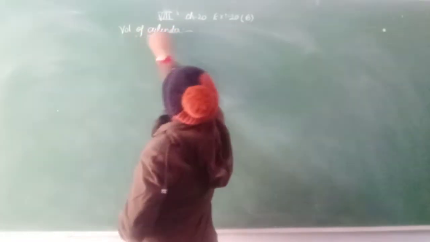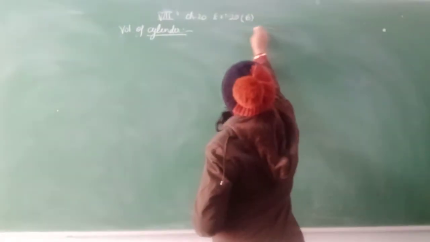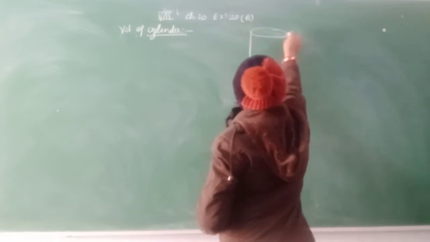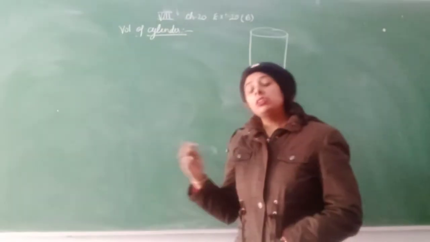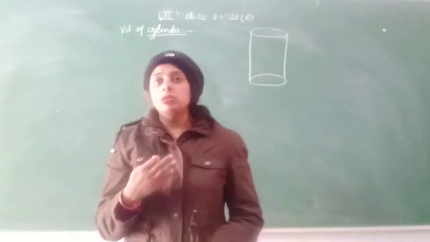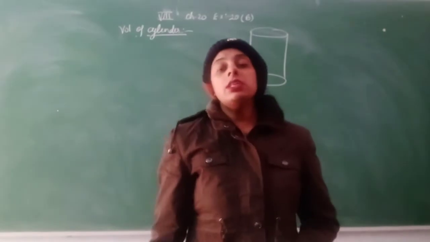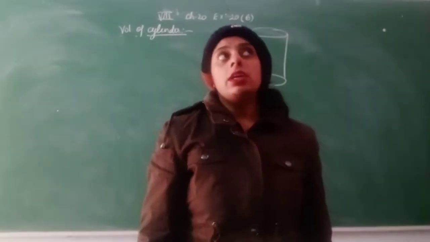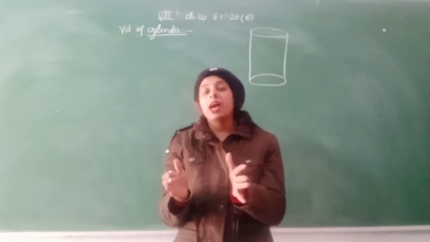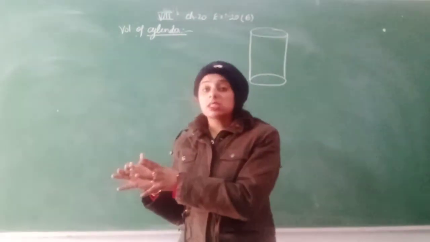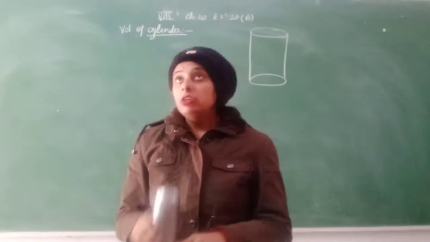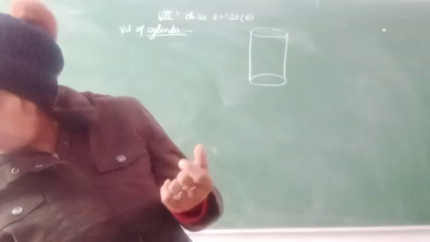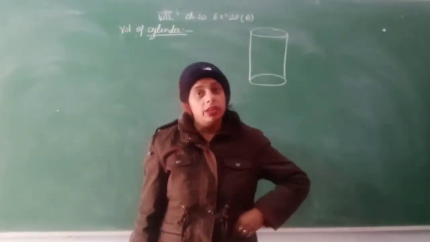What is the shape of a cylinder? I will firstly show you. This is the shape of the cylinder. Clear? In general life you have a lot of examples related to the cylinder. Your cylindrical glass is there, your bucket is there. I'll show you one more thing here. This bottle is just like a cylindrical shape. The pipes lying in the home, the drainage pipe, are also cylindrical in shape.